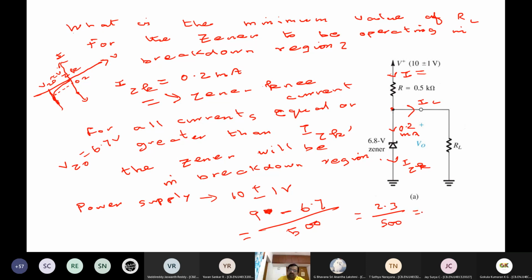Okay, so that will come out to be, you can see this will be 23 if I take, then it becomes 10 power minus 3. So 23 divided by 5 is not rocket science. So I don't have to use a calculator. I can straight away put 4.6 milliampere. That is the current that is coming out of this fellow.